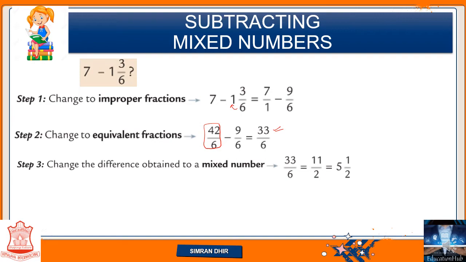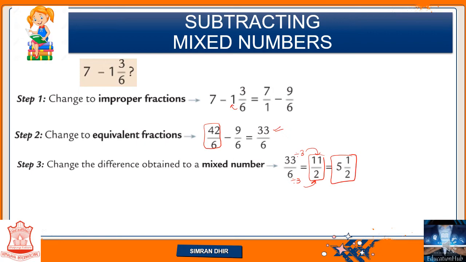We can see we can convert it into mixed fraction because it is an improper fraction. Remember one thing, mixed fraction में convert करने से पहले always convert the fraction into lowest form. That is 33 by 6 में क्या common है, दोनों ही हमारे 3 के table में आ रहे हैं. So what we are going to do, 33 divided by 3 and 6 divided by 3. 33 divided by 3 will be 11 and 6 divided by 3 will be 2. So 11 by 2 is in the lowest form and now we are going to convert it into mixed fraction, that is 5 1 by 2.